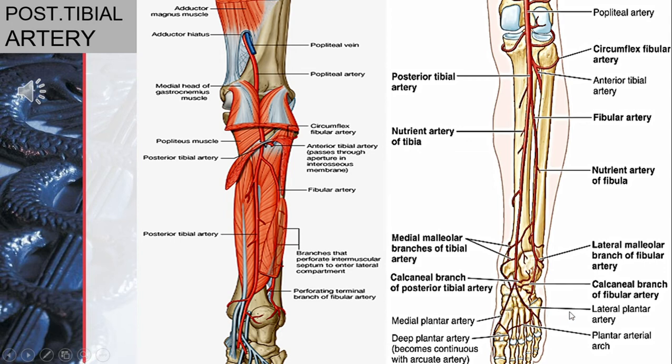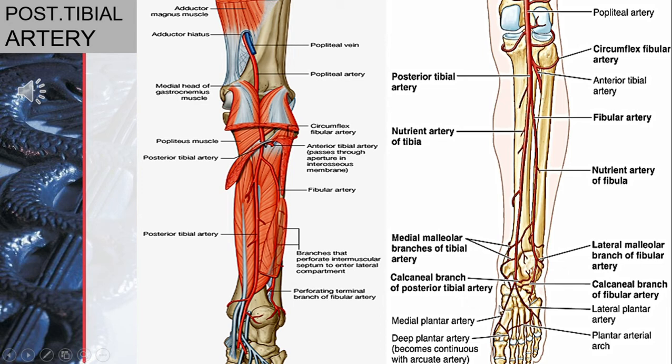In the leg, in the posterior compartment, other than the fibular artery, the branches arising from the posterior tibial artery are the nutrient artery of tibia, as you can see here, while the nutrient artery of fibula, see here, is arising from the fibular artery. Then we have this circumflex fibular branch, which is going to participate in the anastomosis around the knee joint. And then we have different muscular branches which are going to supply the medial half of the muscles of the posterior leg and also the superficial group.